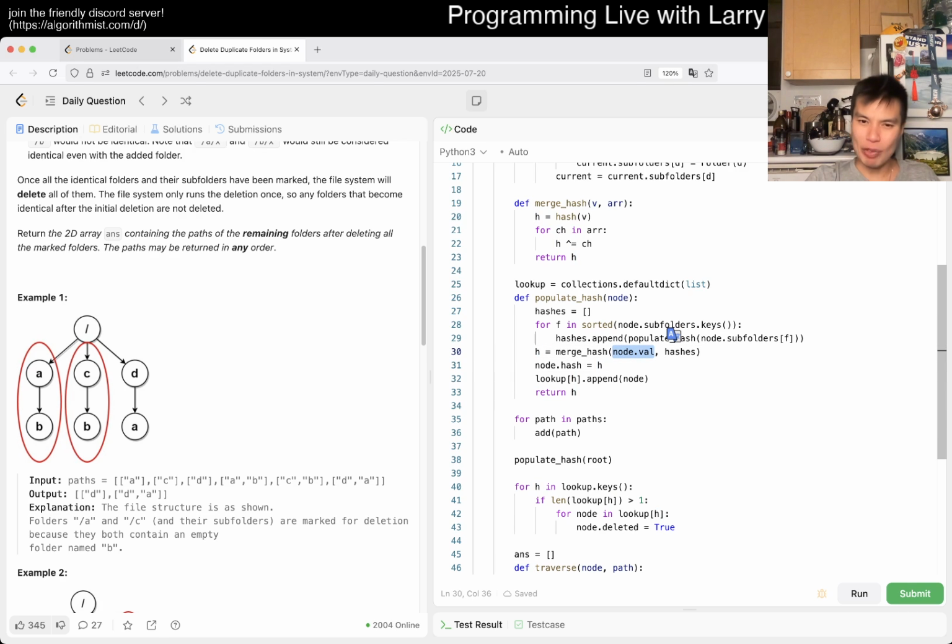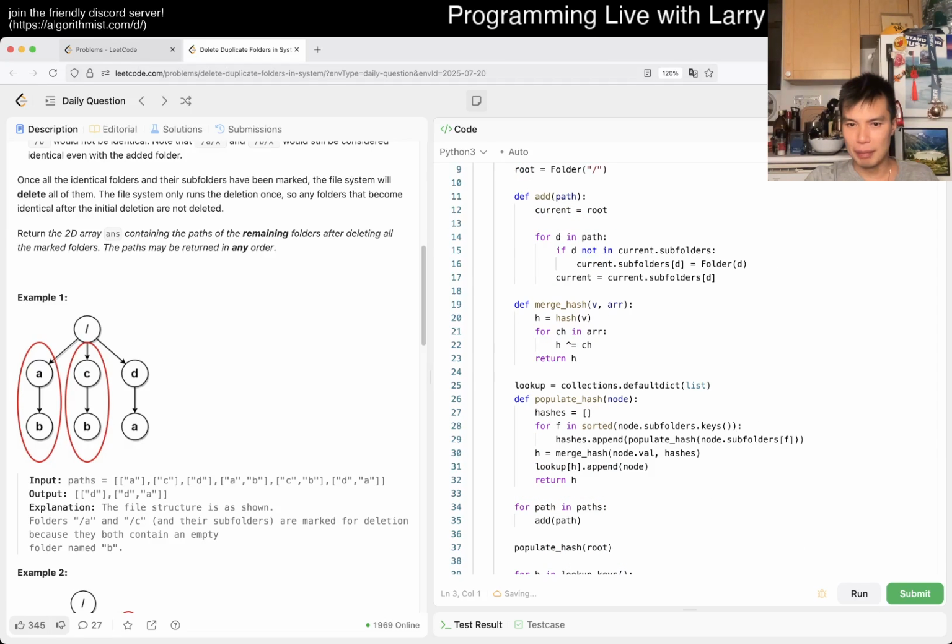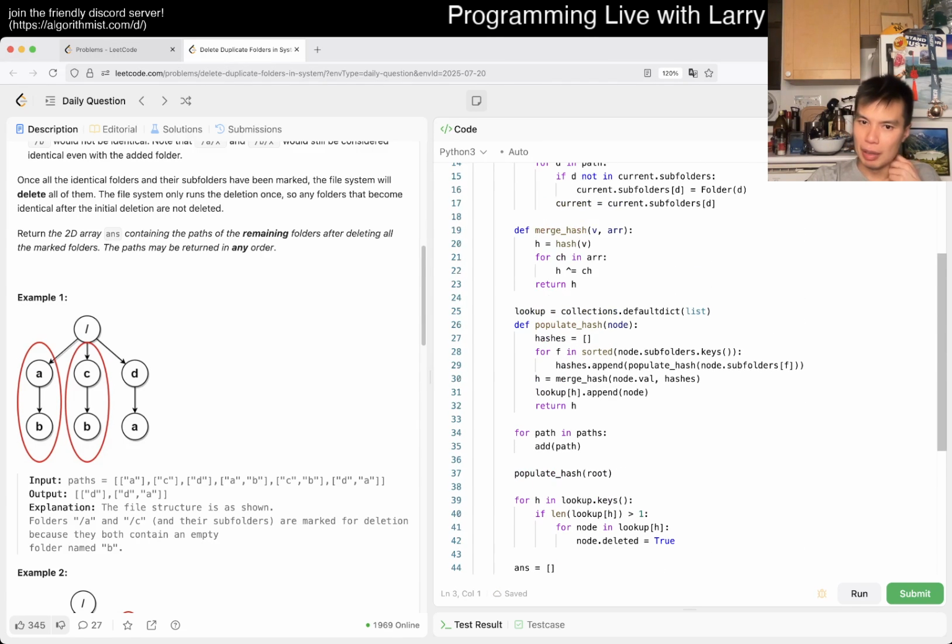So basically, we still want to calculate this to return, but for the purpose of this part, we want it to be, actually, this part more specifically. I guess the hash, we don't actually use this hash, do we? We only use it for the purpose of lookup. So let's just get rid of it to remove possible future confusion. But yeah, so this h has to just take care of the hashes, and then the return value will contain the one with the node. It's a little bit awkward because I feel like now I have to do both of them, but